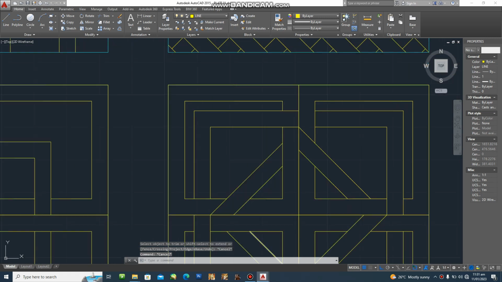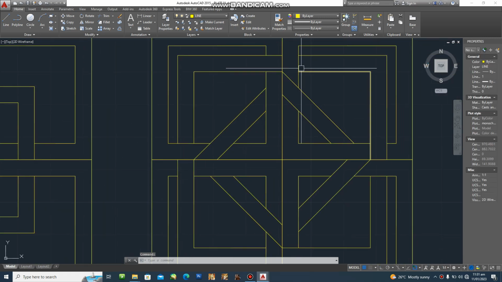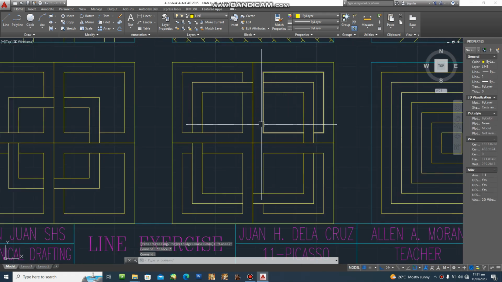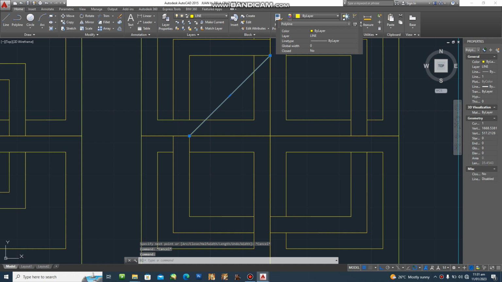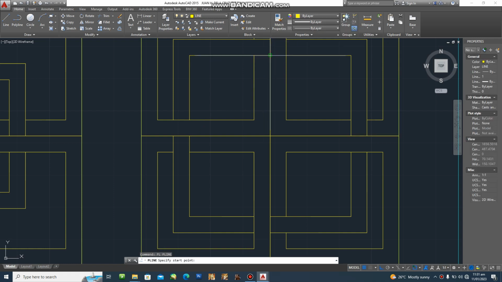Next line. It has a diamond in the middle. So for this one, we'll be needing not the line command but the polyline command, so that the offset is easier. So we'll be using, I'll repeat, this one, where there is an intersection here. The center, for us to create a perfect diamond. Then offset